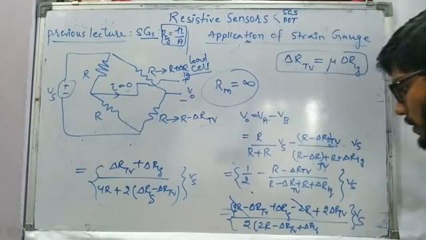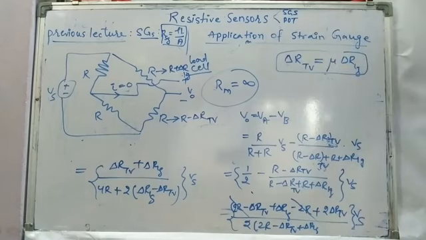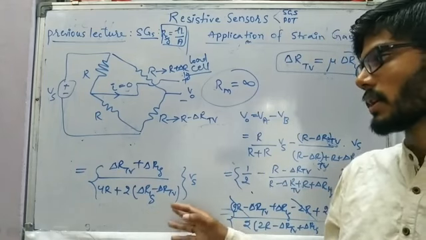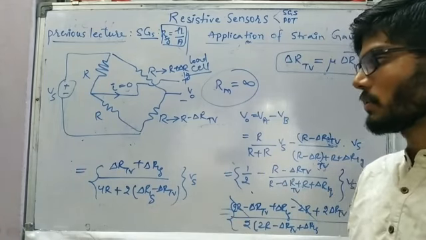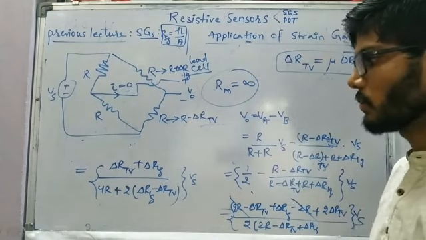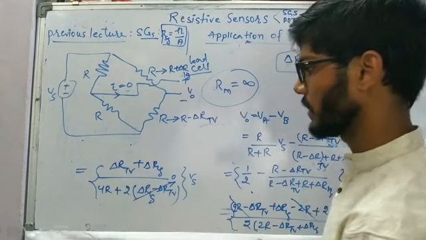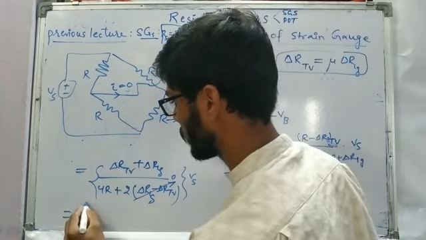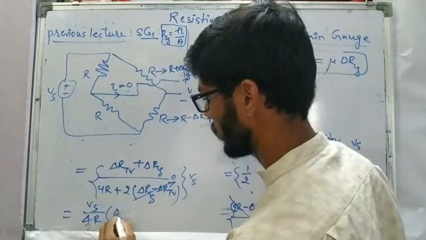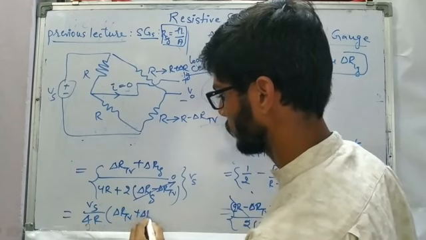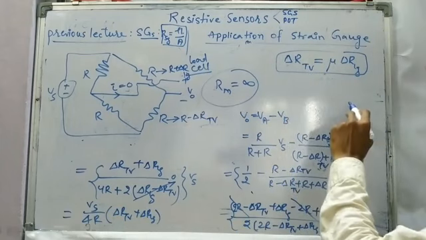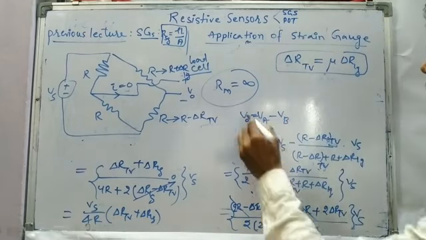So this is the simple simplification. Now, as the changes in the resistance in the longitudinal direction and transverse direction are going to be very small, and already the difference of both of them is going to be a very small value, we can simply cancel it from here, and the expression will simplify as Vs by 4R times delta R transverse plus delta R longitudinal. And now we have one relation between the transverse change in the resistance and the longitudinal change in the resistance.